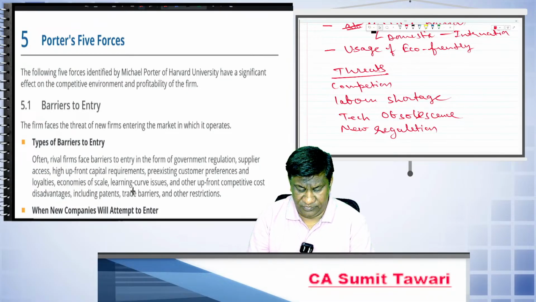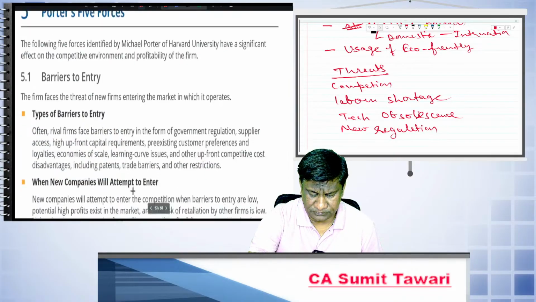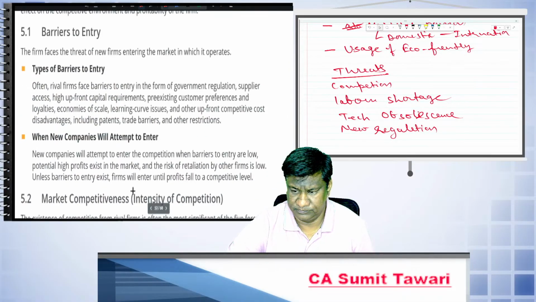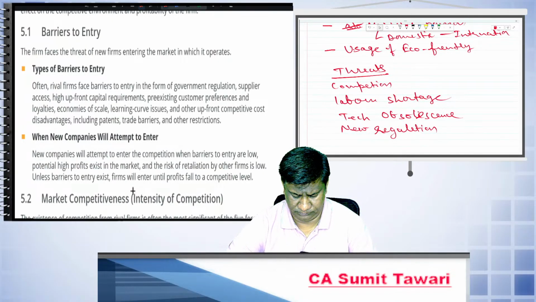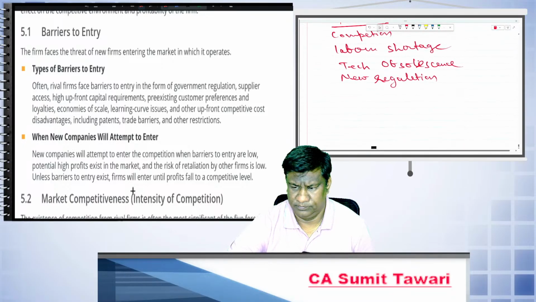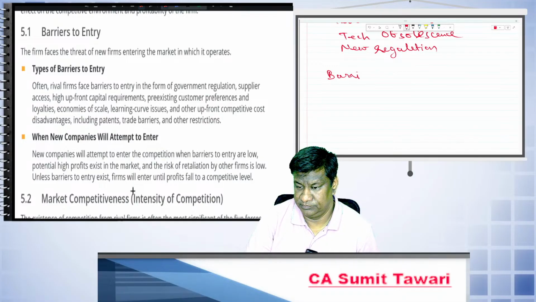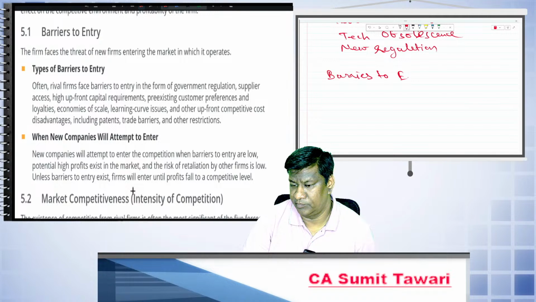Now we are going to see Porter's 5 forces. Again, we will take the example of a manufacturing unit, meaning how Porter's 5 forces affect the manufacturing unit. First I will write the Porter's 5 forces. Barrier to entry, second market competition,